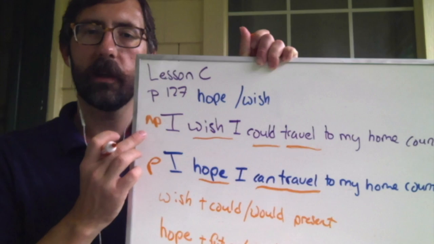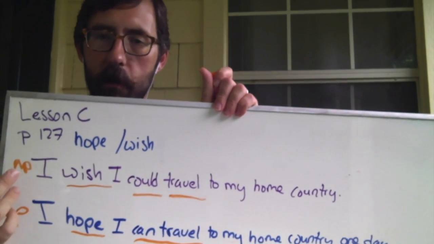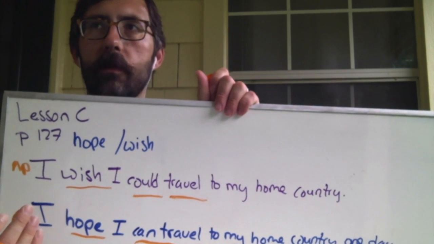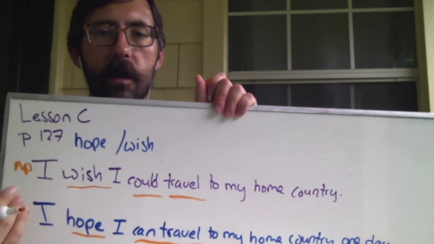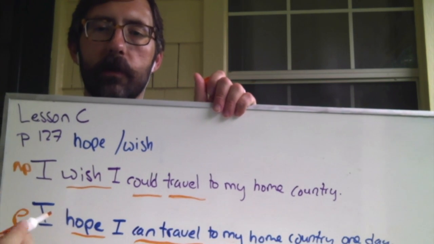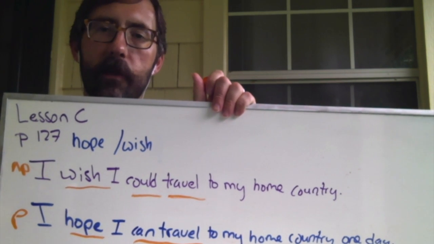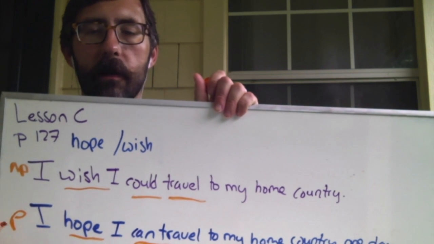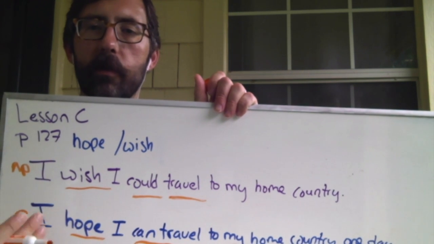And remember, these are two good examples of things to help you think about what is possible and not possible. Right now, it's not possible for anyone to travel overseas, but it's not possible for many of you to travel home because it is not safe, right? But you want to. And the way you talk about that want, when something is not possible, is you use wish. But when things are possible, maybe one day things in the country will change. And you can say, I hope I can travel to my country one day. When we're talking about something that is possible, we use hope.